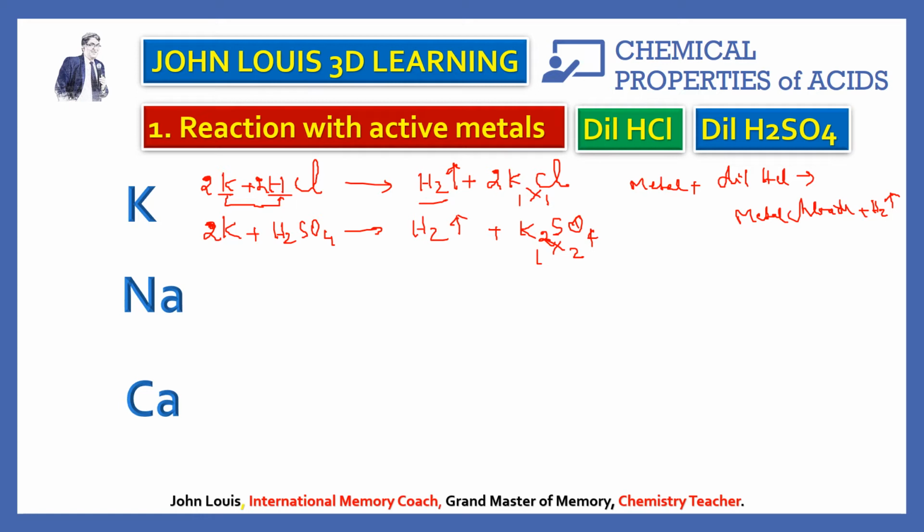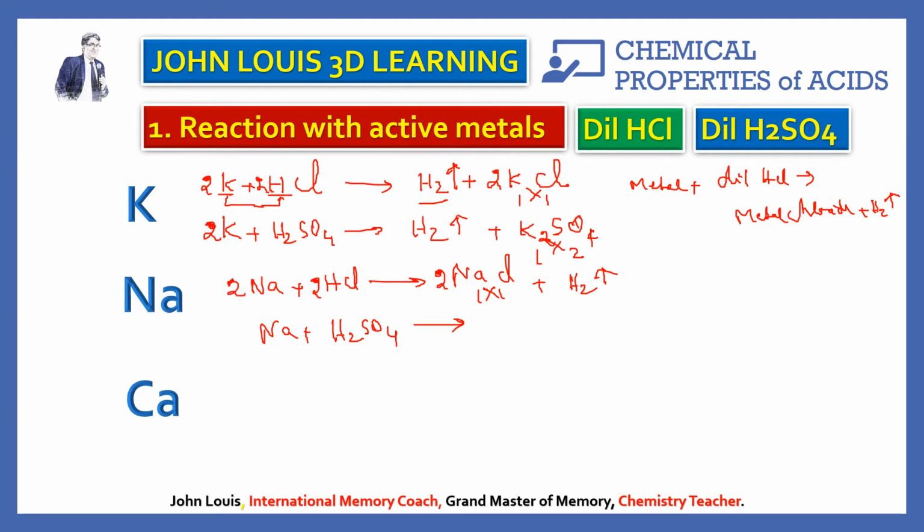Now for sodium, you can think on your own and tell me. We take both the acids. How does sodium react with dilute hydrochloric acid? How does sodium react with sulfuric acid? See here what will happen. Metal chloride, what is a metal chloride? Sodium chloride. Therefore sodium chloride, valency 1 and 1, therefore NaCl, and hydrogen will be released. Since hydrogen gas is coming out, it is H2. Therefore it will be 2HCl. Now chlorine becomes 2, therefore you get 2 NaCl. Here you are getting 2 Na, therefore here you get 2 Na.